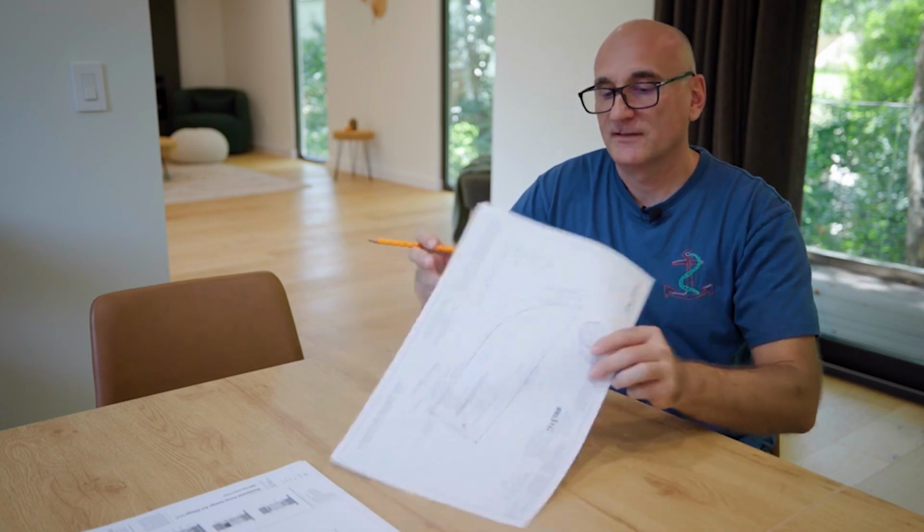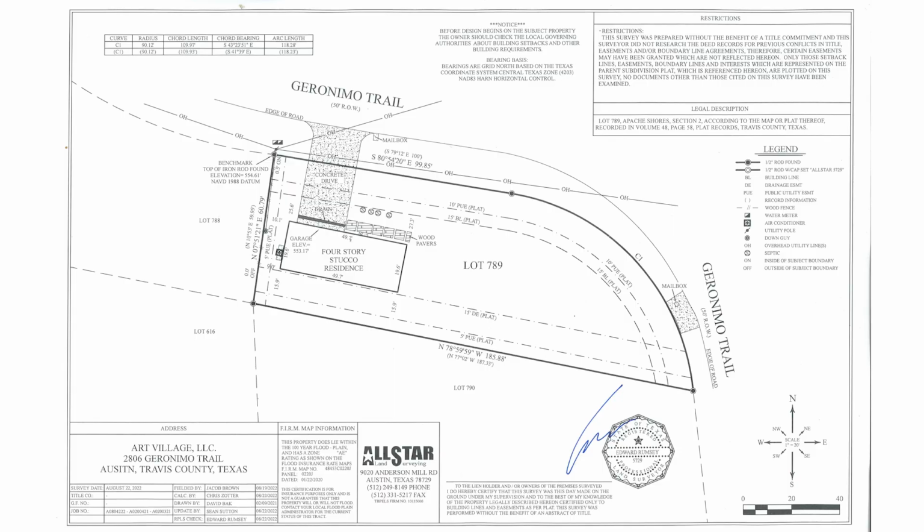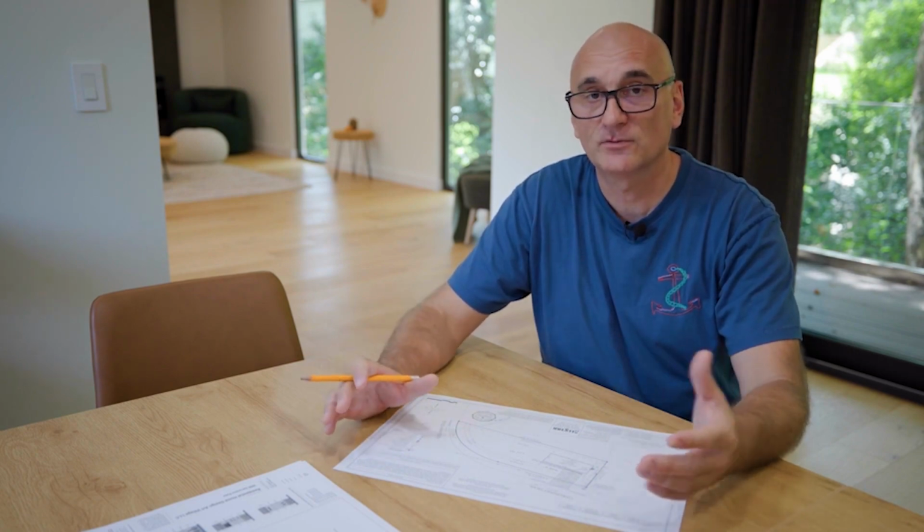When you buy a plot of land and want to build a house on it, you need to get a survey. Surveys typically look like this. It is usually a detailed and comprehensive document made by a professional company, a survey company. But in order to get surveys, you need to determine what type of survey it should be. Surveys can be just a basic one, which is done for selling a house, for example. And a survey specialist comes to the plot and marks the boundaries of the plot and the position of the house. All the elements that are on the plot, such as gazebos or fences, will be indicated